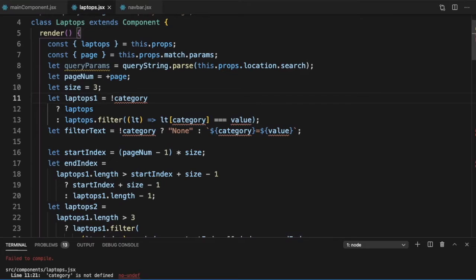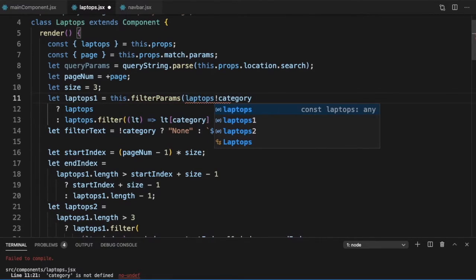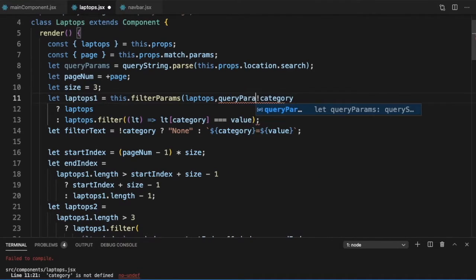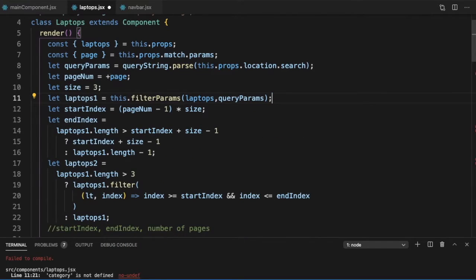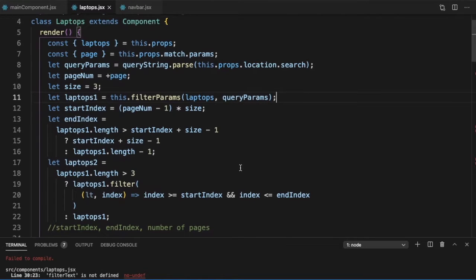So let's create a function this dot filter params, and we pass it the laptops, the data array, and we pass it the query params. And once we do it, the rest should work reasonably well.